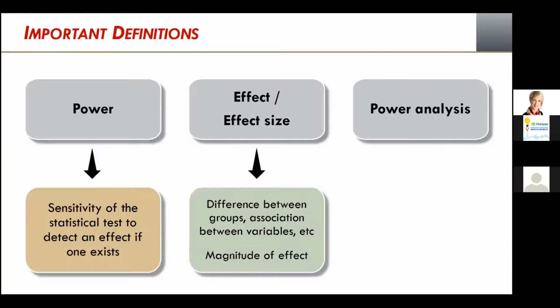The effect is just the study result. It's what was found. It's the difference between two groups, if that's what you're interested in. It's the association between two variables, if that's what you're interested in. It's the predictive relationship between one variable and an outcome. And the effect size refers to the quantification of this difference between the groups, the association between variables, and it's solely magnitude based. The effect size is completely independent of your sample, and it's just simply a pure estimate of what was found in your study.